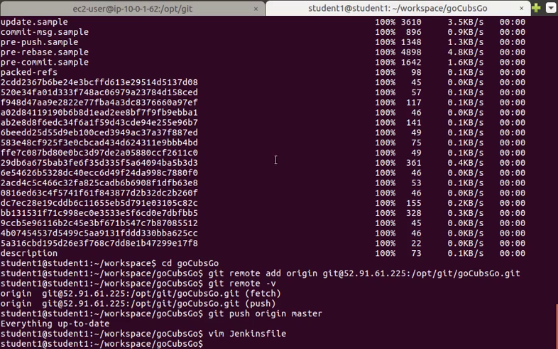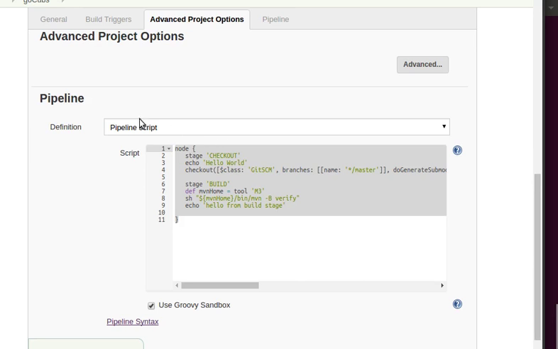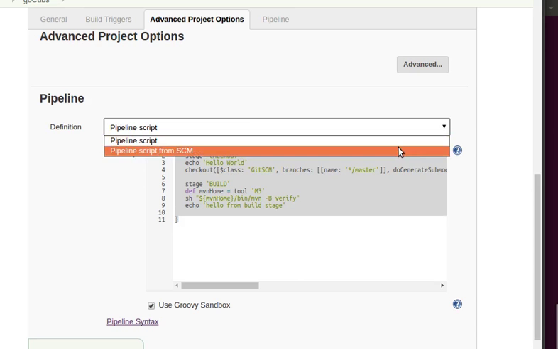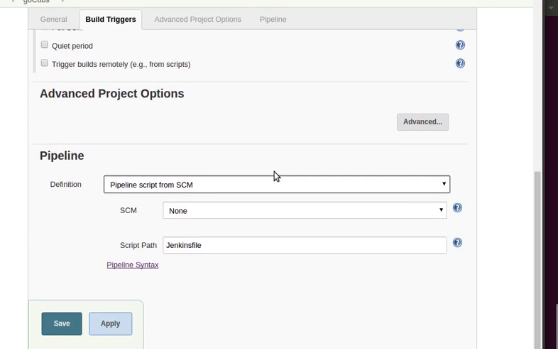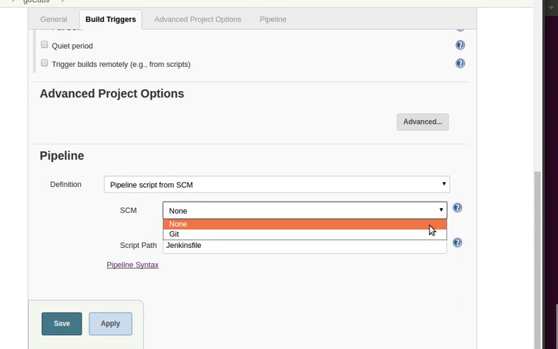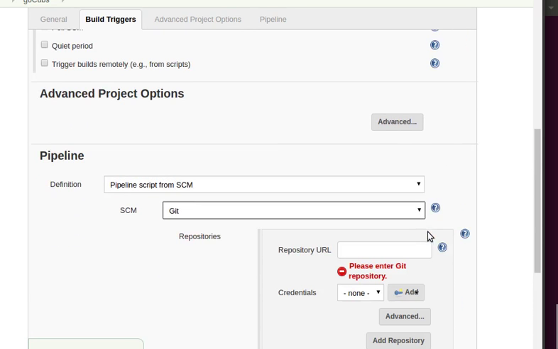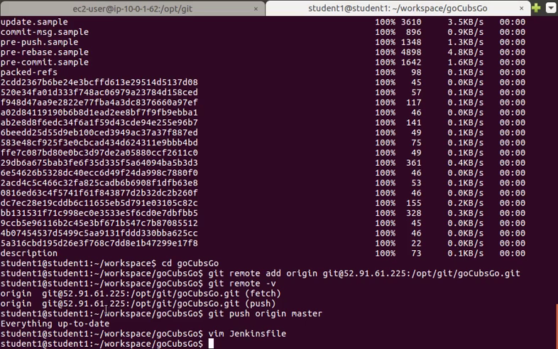Now go back over to the browser, and instead of doing pipeline script, we're going to say pipeline from SCM. Now we just did pipeline from SCM. Now we got to do the same thing over here. Have to go and tell it which SCM we want to connect to. Let's still go back over here and copy this IP address URL,